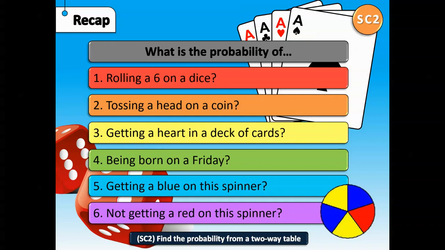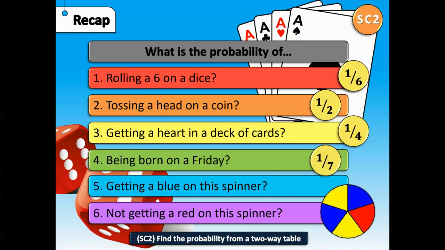What is the probability of rolling a 6 on a dice? That would be 1 out of 6. There's only 1 six on a dice out of 6 possible numbers. Tossing a head on a coin, that would be 1 out of 2. Getting a heart in a deck of cards would be a quarter, because there are 4 different suits in a deck of cards. Being born on a Friday, well, there's only 1 Friday in a week, so that would be